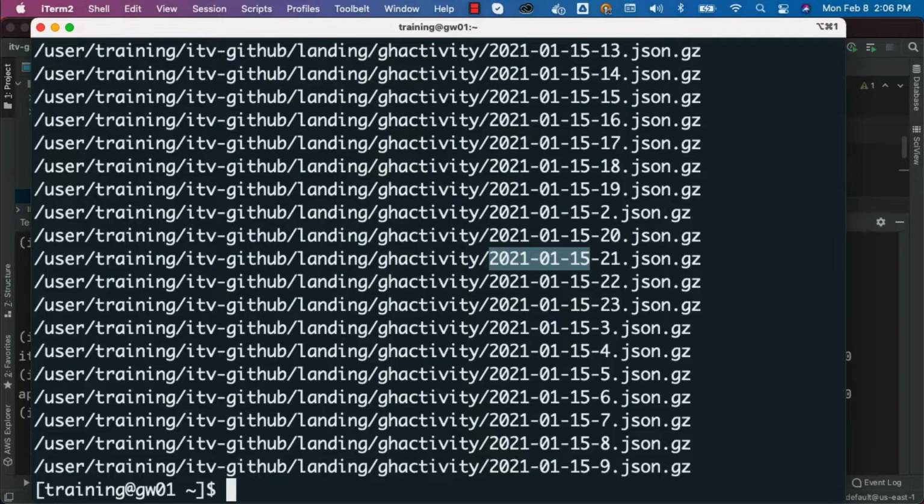When it comes to validating the application, we'll be validating for 3 days, 2021 January 13th, 2021 January 14th and 2021 January 15th. And hence, to begin with, we'll not be setting up the environment variable called source file pattern. We'll be setting up rest of the environment variables and then we'll take it further.